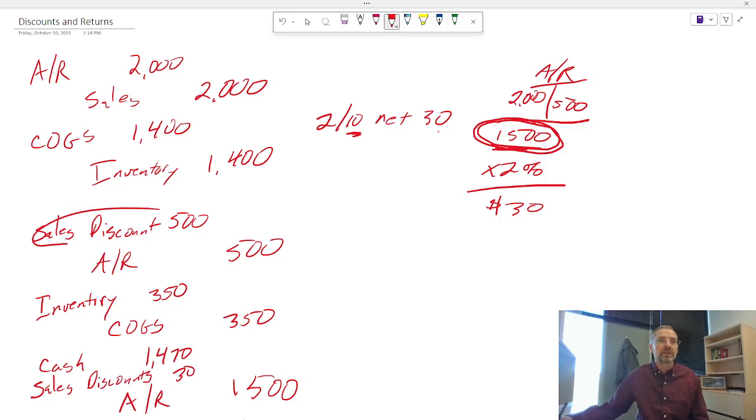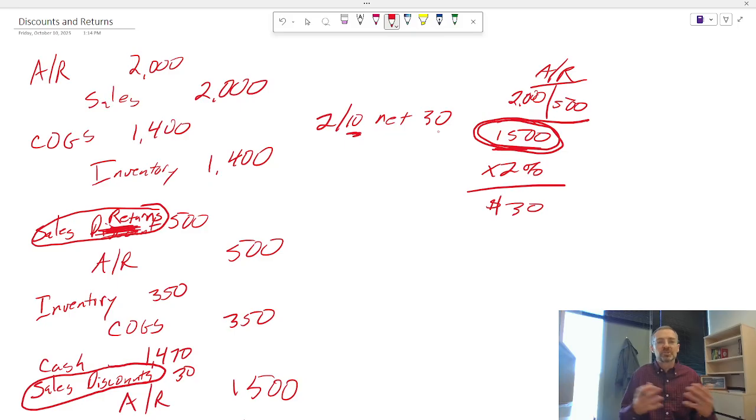So I just want to point out here, we have two contra accounts. Now, we could put sales revenue directly here, but generally we want to track our sales discounts. Oh, I put the wrong one here. This is supposed to be sales returns. So we have sales returns and sales discounts. Both of those, presumably we could just debit the sales revenue account directly, but these are two important things to track. So we are going to put them in their own separate accounts so we can break out the detail on the income statement and see all of those different things on there.